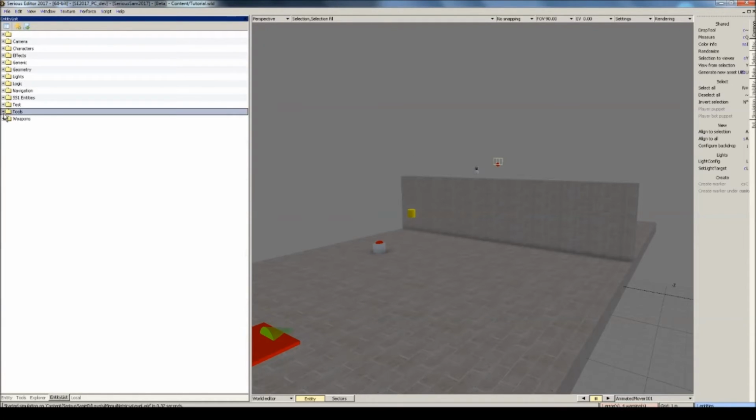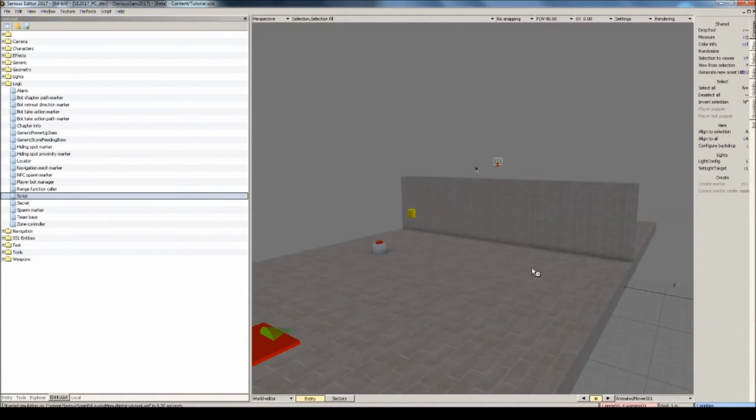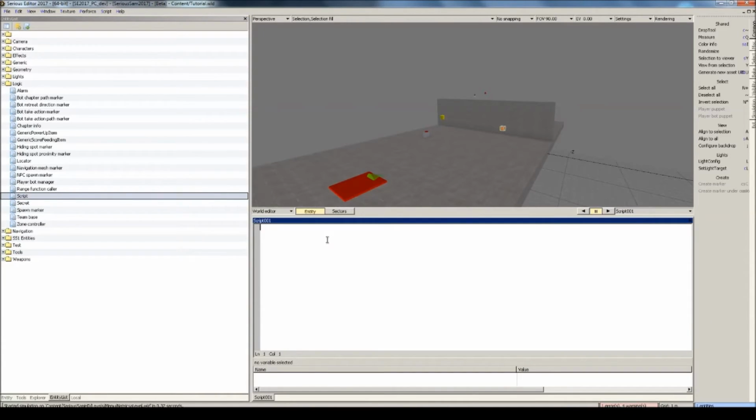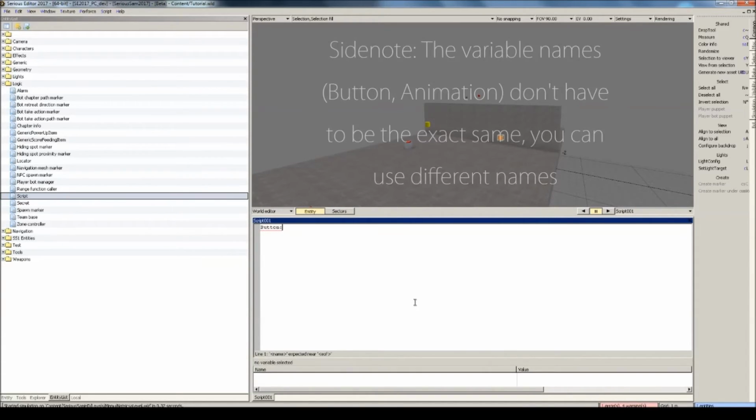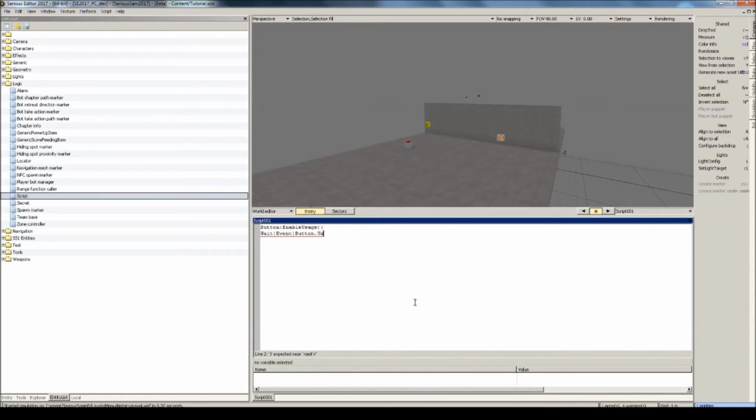Go to Entity List, and under the Logic tab, create a script. Press E to open the script editing. Alright, and now type exactly what I type. Button enable usage. Wait events button used. Animation play anim. And then in quotation marks, move down. Now,